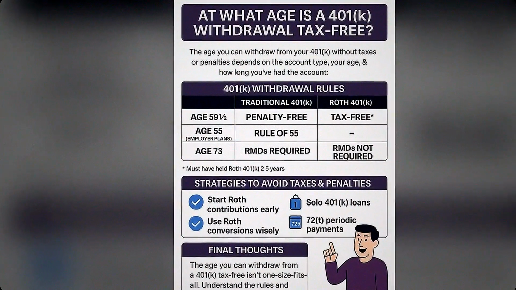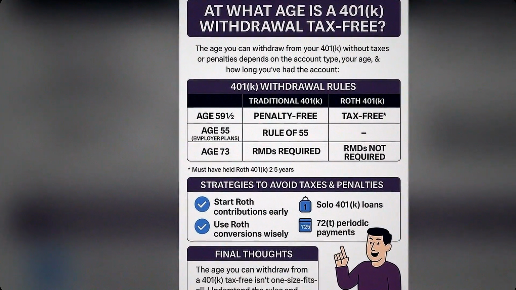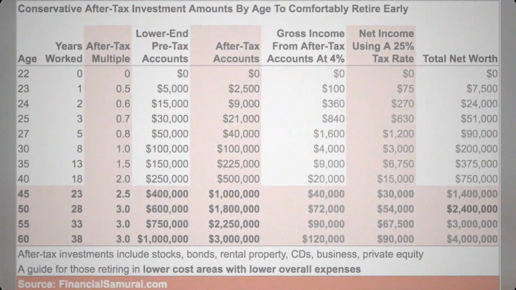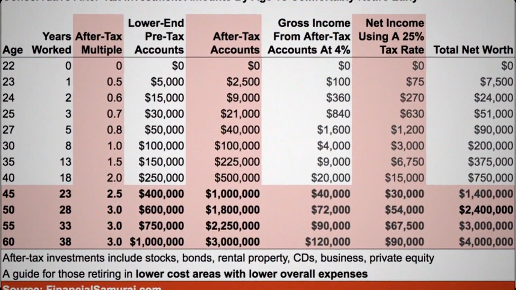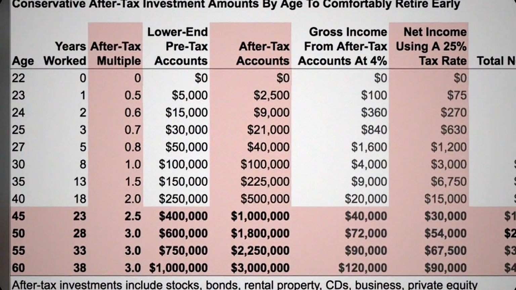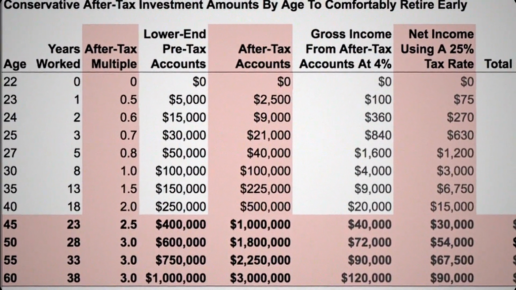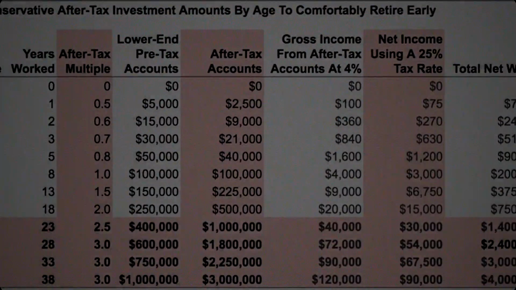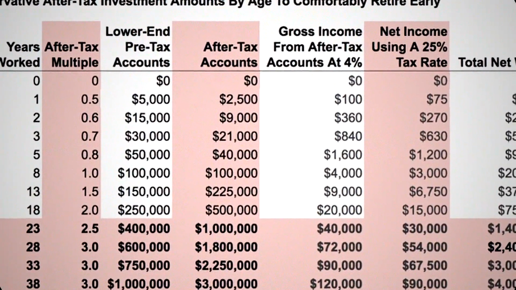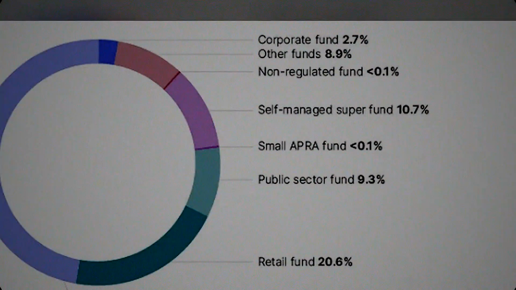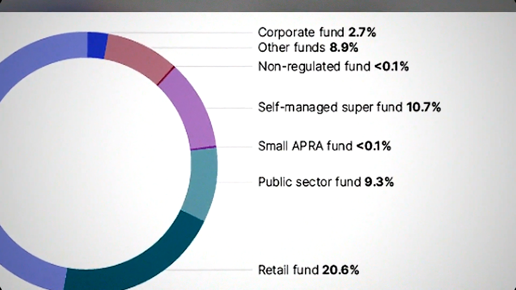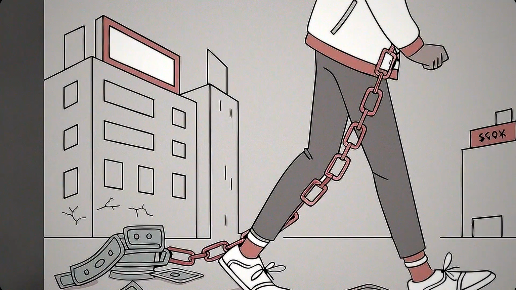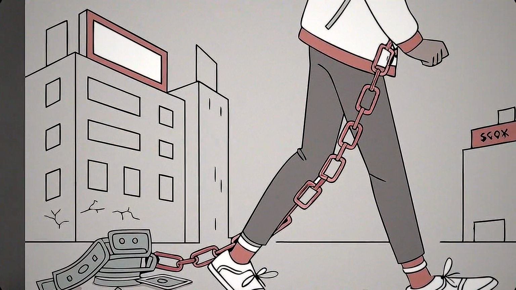And here is the psychology nobody talks about. After a lifetime of being taxed on every dollar, your brain has built a deep rule. Income means tax. When someone tells you this income is tax-free, your brain does not celebrate. It hesitates. It waits for the catch. You check your tax return twice. You ask your accountant to confirm. That is not ignorance. That is a pattern built over 40 years of learned caution. Trusting that the money is genuinely yours requires your brain to override decades of conditioning. That takes time. And that is perfectly normal.